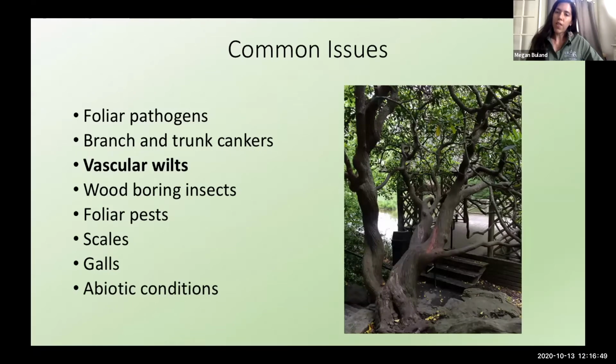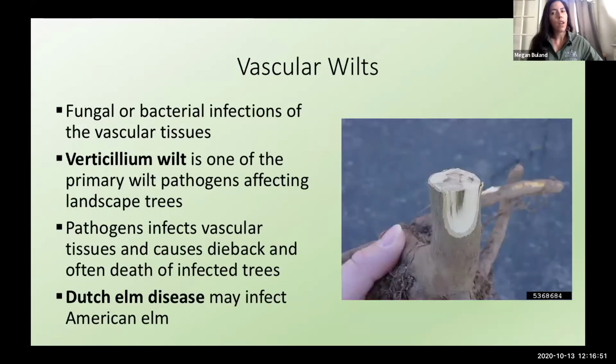Vascular wilts are a series of usually fungal infections that can be found in trees. And unlike some of the other things we've talked about, where they can be cosmetic, or maybe there are things that you can do to help mitigate them, pruning out dead branches, things like that, with some of the cankers we talked about, vascular wilts are serious and they are very difficult to treat if you can treat them at all. And they're often a sign of this tree needs to be removed and something else needs to be replanted here that does not belong to the same species or the same group of plants, the same family of plants as